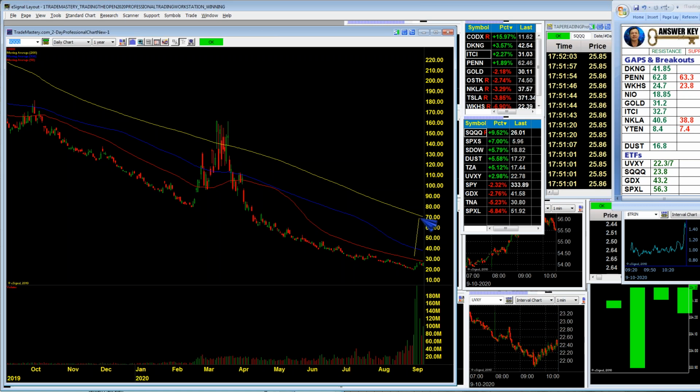Barry had talked about professional versus amateur volume, and that's a very smart concept. That's what we see here, potential professional volume. So for that reason, I'm going to be spending a lot of time continuing to trade the inverses if they go up,